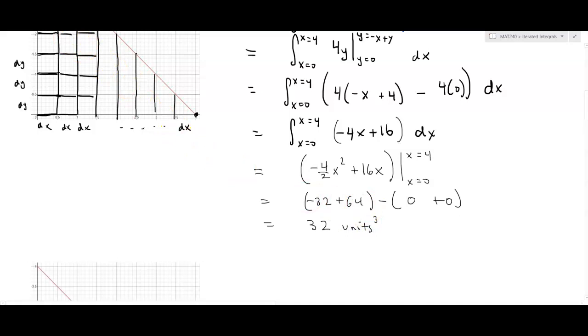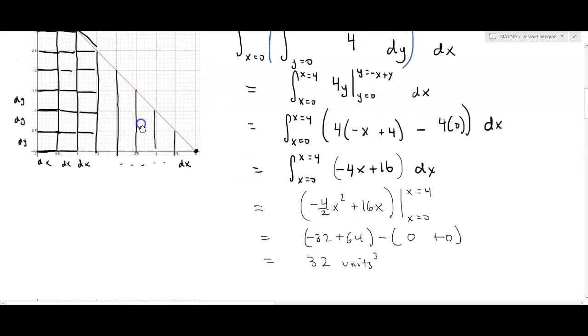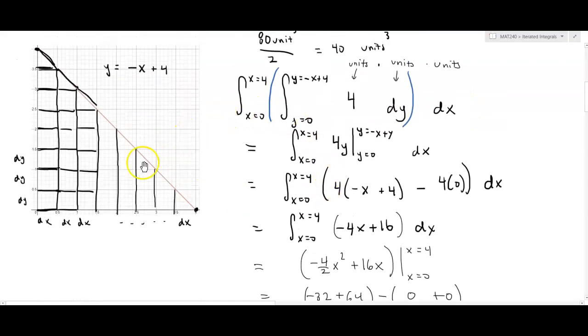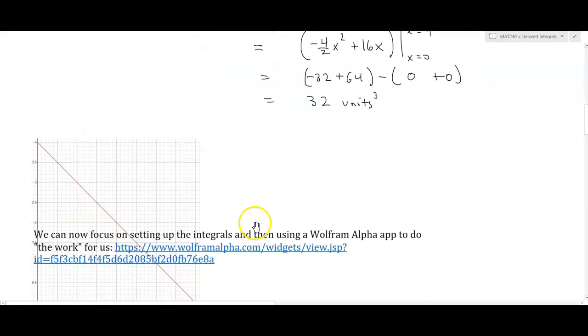Now that's not the only way we could have done it. Here dx was my outer integral, and the outer integral is what strip you're going to sum along first. So I wanted to sum along each dx strip, and a dx strip is the width of this column right here. Then for the inner integral, because that's with respect to y, if you think back to our double summations, we're going to sum along all the different values of y before we move to the next x. But the other way we could have done this